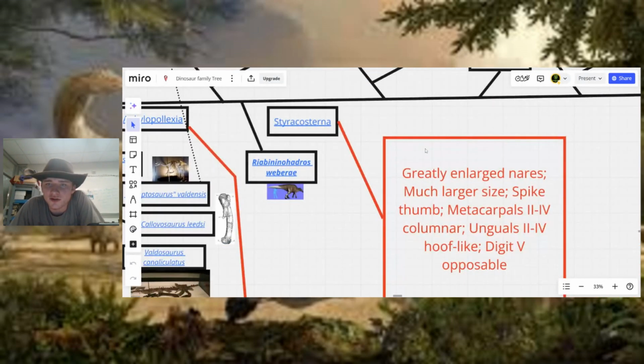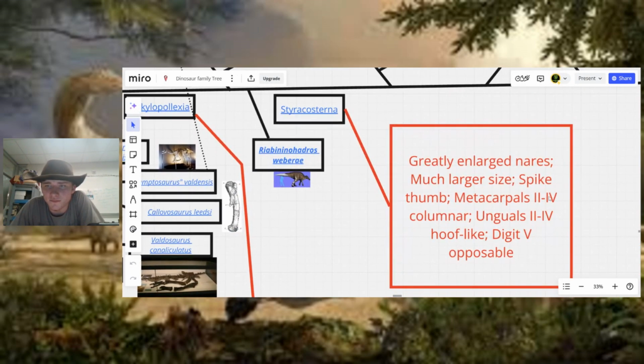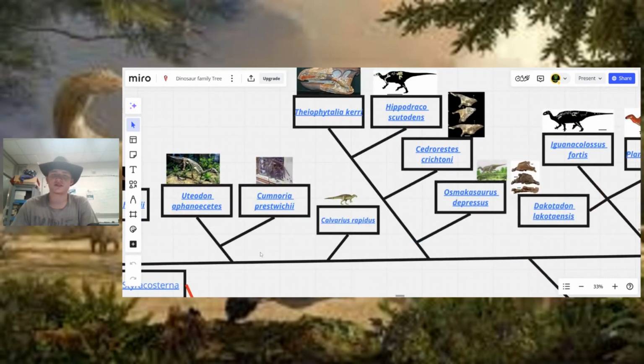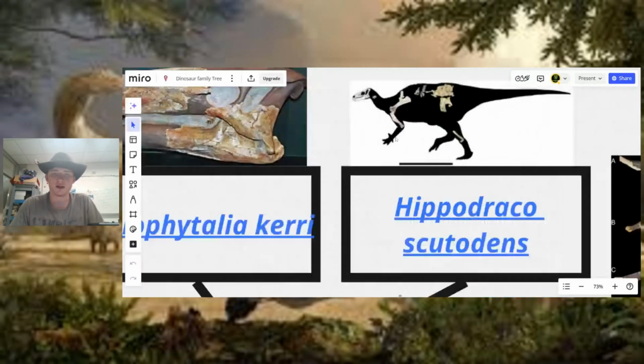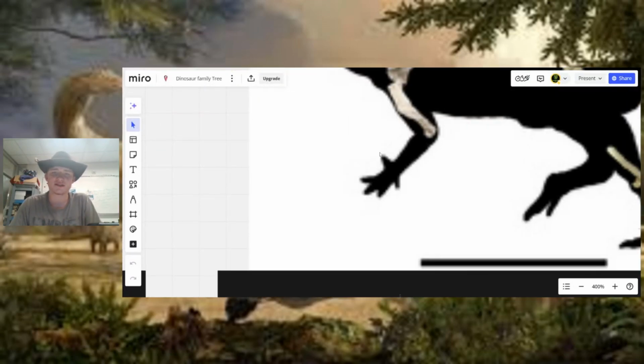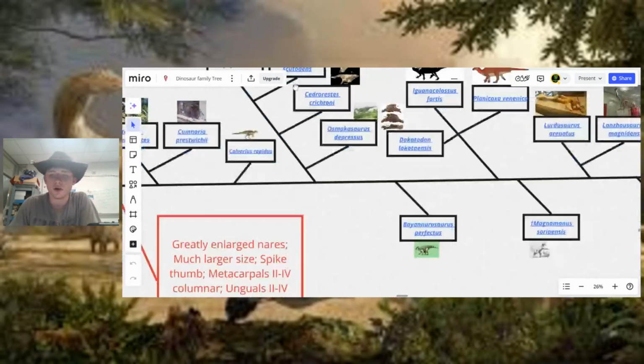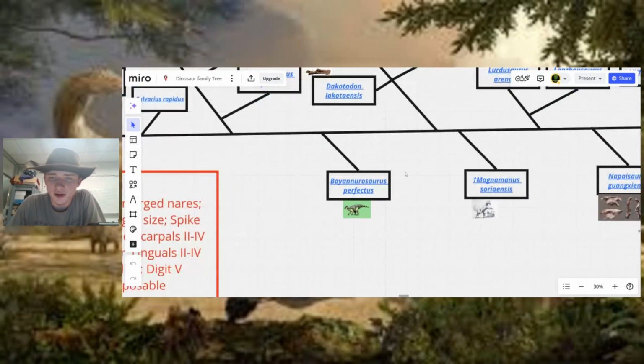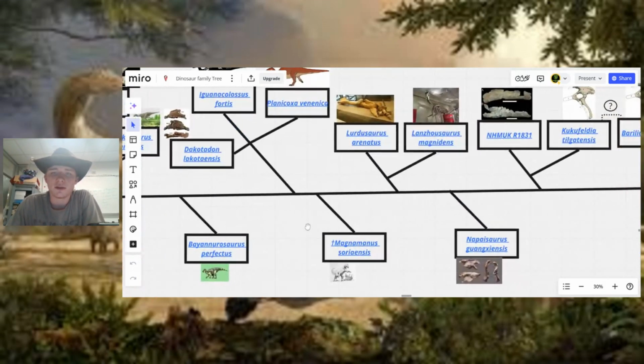Styracosterna: slightly enlarged nares, much larger size, spiked thumb. This is where the iguanodon starts to get that famous iguanodon hand, that death hook. You've got Iguanodon right here, Bionorosaurus, Magnamaris,